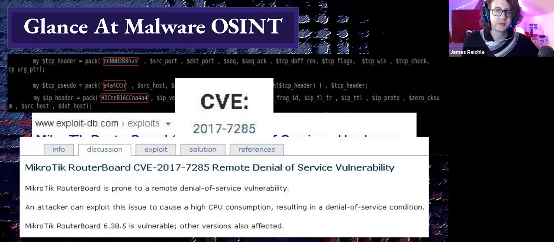MikroTik router board is prone to a remote denial of service vulnerability. All right, we know we're working with the DDoS IRC Perl bot. We know this is a particular exploit, so it's probably got some exploits. It's looking for particular candidates, and this tells us a little bit about the file just by